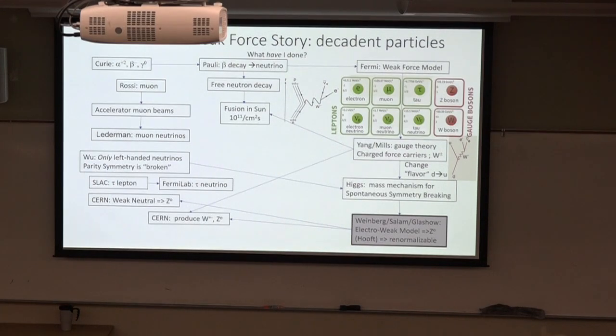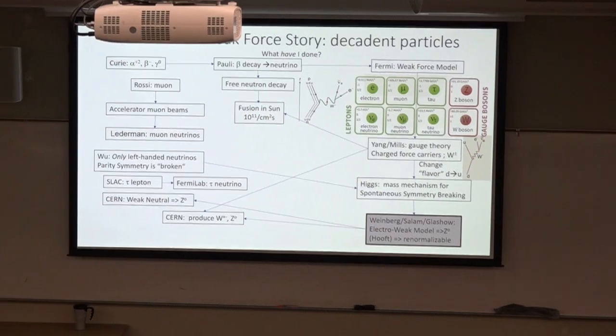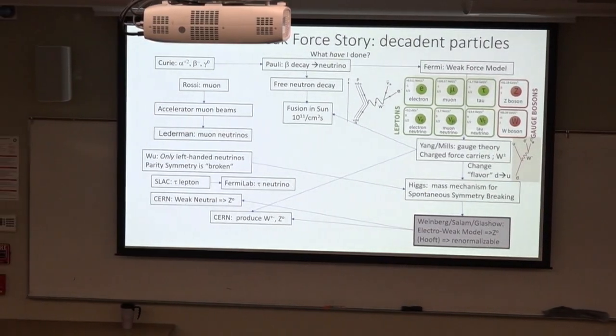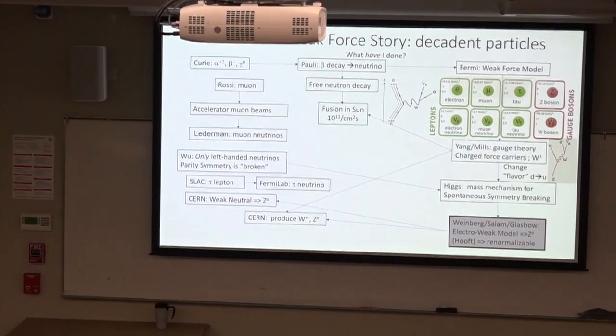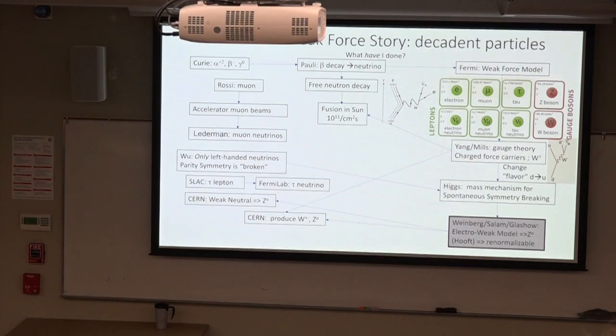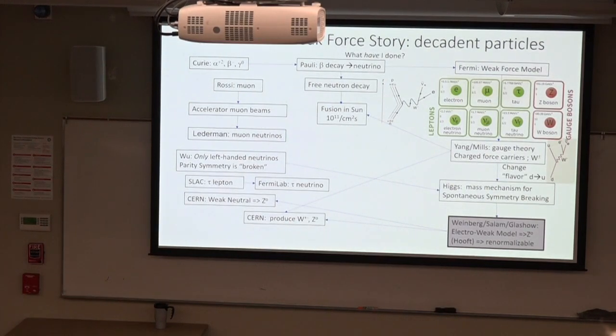And then finally, they upgraded the big accelerator at CERN, and they actually were able to produce these charge carriers by themselves. It's like getting not a virtual photon, but a real photon to come out of your experiment. So they actually were able to see these things. They measured their masses, they measured their lifetimes, they agreed really very well with the theory. And then finally,